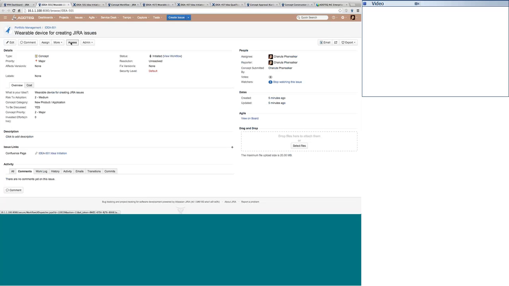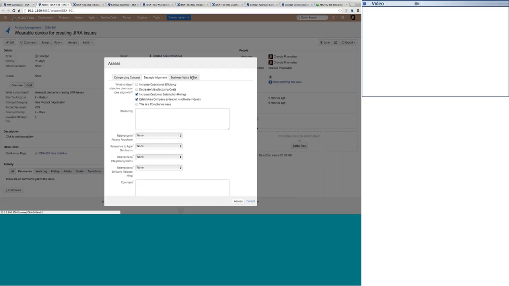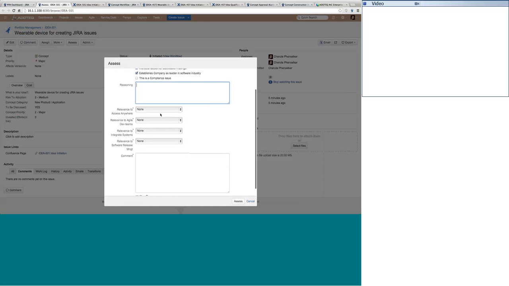You can see that there are three different parameters based on which we can assess this idea. We have already captured the category of the idea to see what the strategic alignment is. We have also captured the strategic objectives that your idea aligns with. You can capture the reasoning here. Now coming to the important point, that is the overall strategy or maybe the vision of your organization. At Aztec, we have four of these questions which we feel are the vision of Aztec, and we want every concept that is realized in this organization to align with at least one of these concepts. Now let's try to answer these questions.